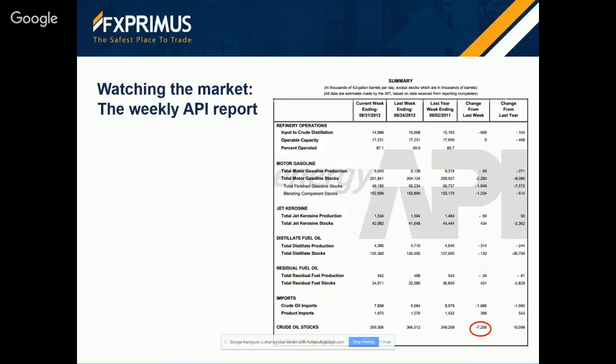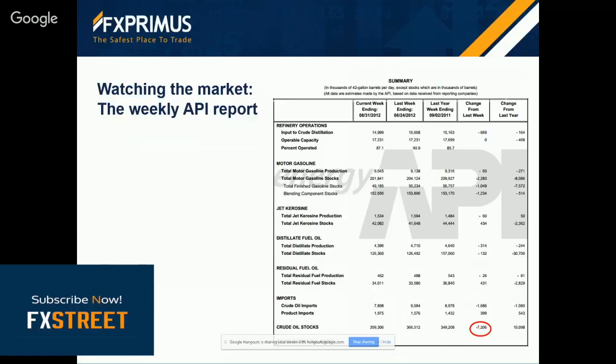This is the American Petroleum Institute, a national trade association for companies that produce, refine, or distribute oil and oil products. The API produces a weekly statistical bulletin, which reports on oil production and the production of the 5 most important petroleum products. They account for more than 80% of total refinery production. It also includes information on inventories. They publish it every Tuesday afternoon, and it refers to the week ending the previous Friday.